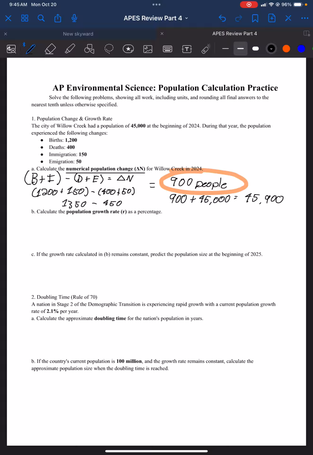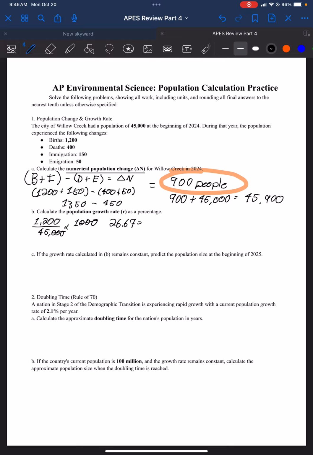Now, the next part, calculate the population growth rate as a percentage. So for that, we need our crude birth rates and our crude immigration rates and our crude death rates and our crude emigration rates. So what you do is you take your births, divide by your starting population, and then you multiply by 1,000. So we get 1,200 divided by 45,000 times 1,000. Now, pro tip, the zeros cancel out. So really you end up with 1,200 divided by 45. That ends up giving us